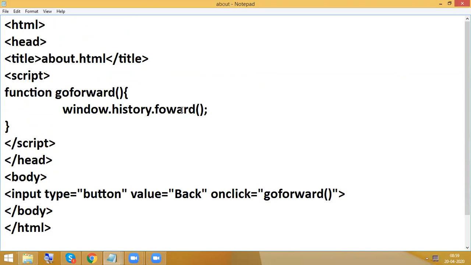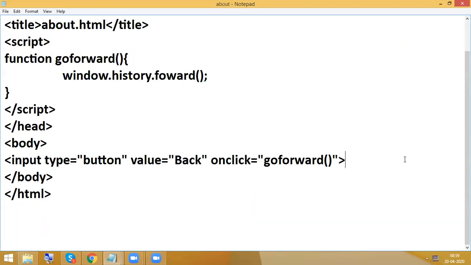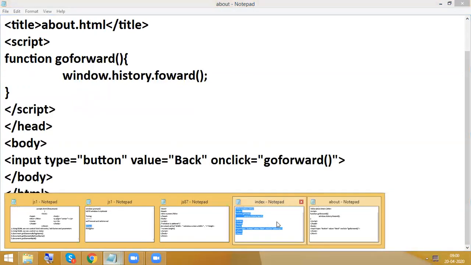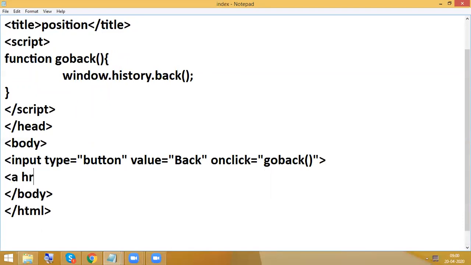Okay. Now the concept is, I'm going to create an anchor tag, href equal to, suppose if you are in index, href equal to about.html. Okay, now check it.